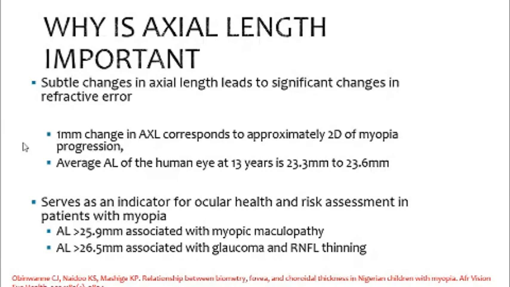And we also found that for every 1 mm change in axial length, there was approximately 16 microns of thinning at the choroidal level. So your axial length does not only tell you risk factors, it can also tell you how much myopia progression you're likely to expect by looking at the change or the difference in axial length over time. But also, if you're using orthokeratology as a method of myopia control, axial length is actually the only